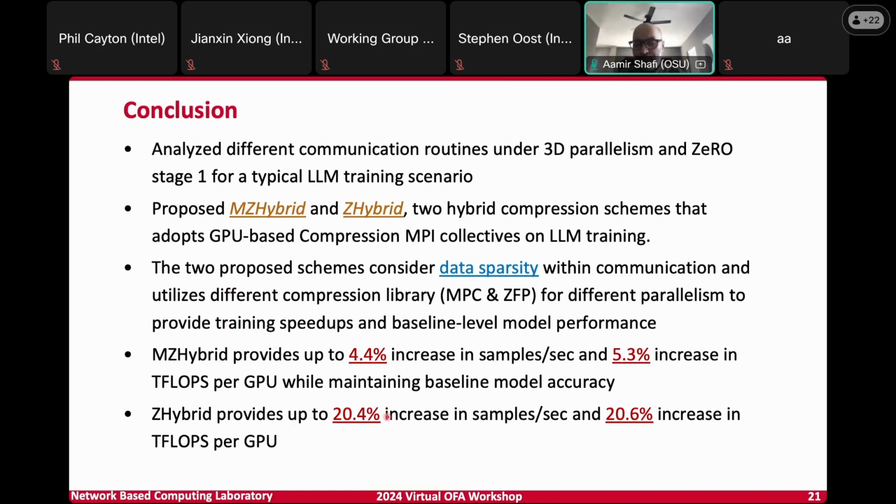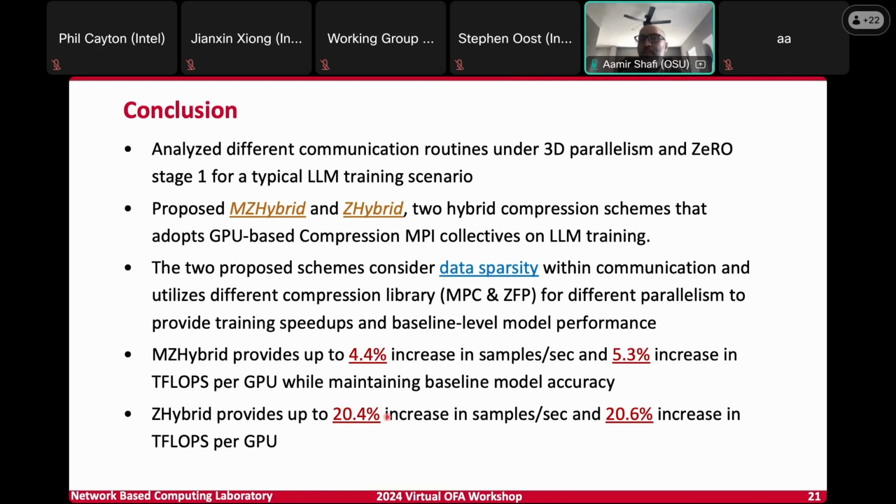With this, I just want to reiterate one point. Maybe in this presentation, when we looked at lossless compression, this gives an impression that lossy compression somehow doesn't give that good of a performance. However, this is very dependent on what kind of compression library is being used. For lossy compression, we are using ZFP from Lawrence Livermore National Lab. That software is very well maintained and actively developed, so there are new things and new features coming in. However, MPC, on the other hand,